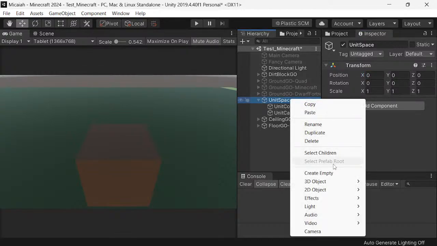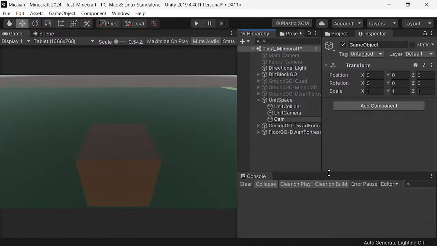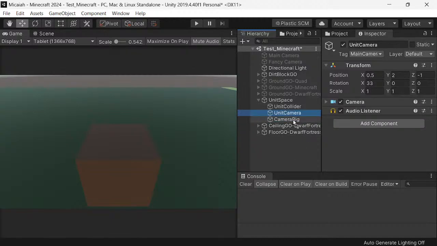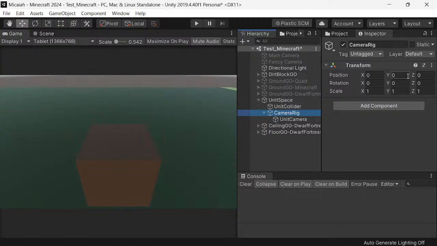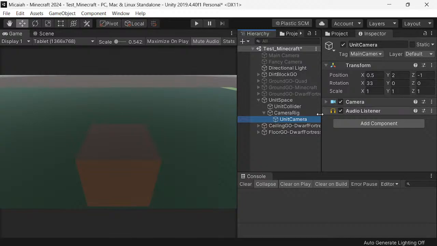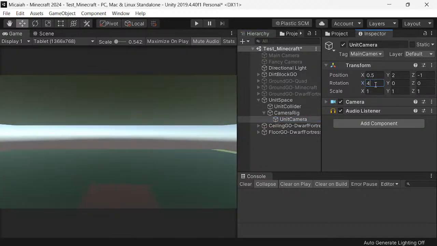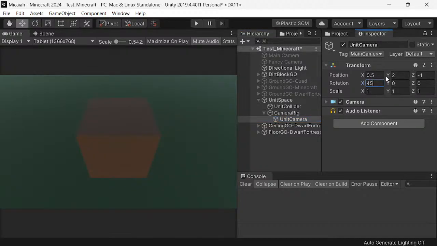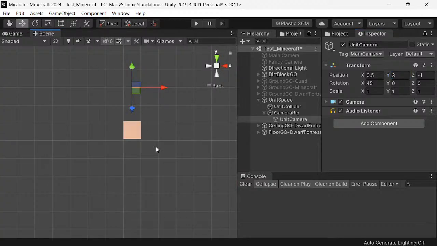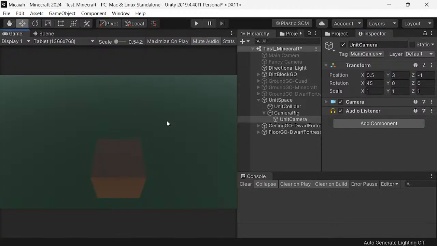Really, what I should do is just create an empty and call this the camera rig, and then this needs to be here. Now I can raise my camera up by 1 or lower it by 1 without changing my unit. And to me, I feel like 45s, and then we can do 3. But does that? Yeah. So that, and then here's my, let me see my